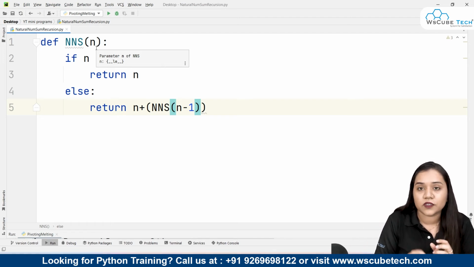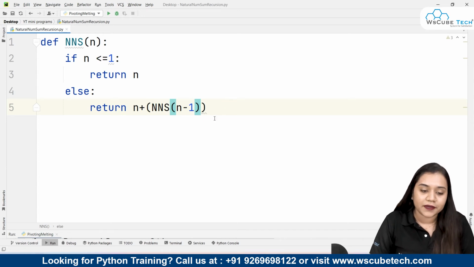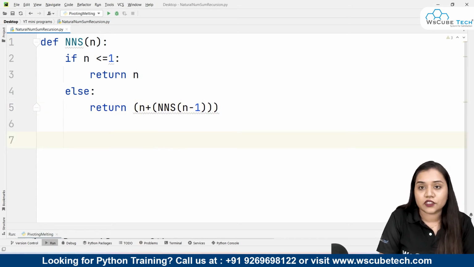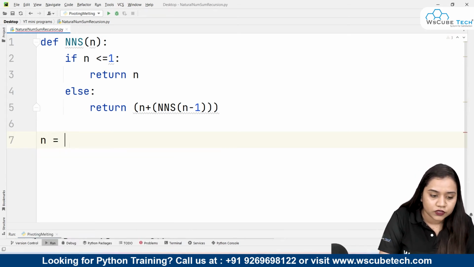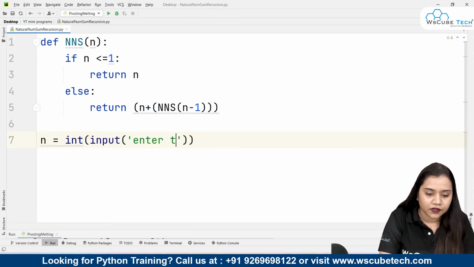So that means if it was 10, then here it will come 9. If it was 9, then here it will come 8. If it is 7, in that case over here it will come 6. Also, I'll put the whole thing inside the brackets. Now I need to give a conditional statement over here. Before that, we'll give the number as well, that n is equal to int input, enter a number here,